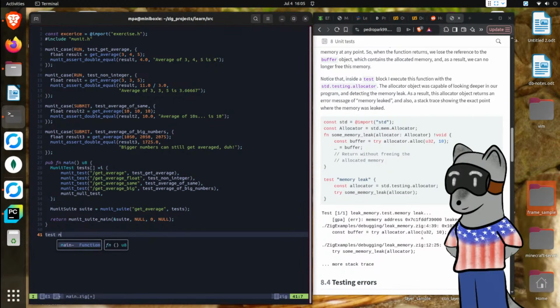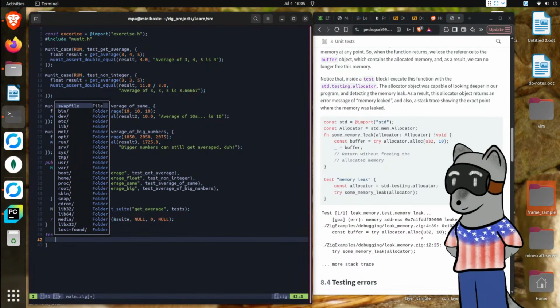So test. And this will be the get average. And then from here,